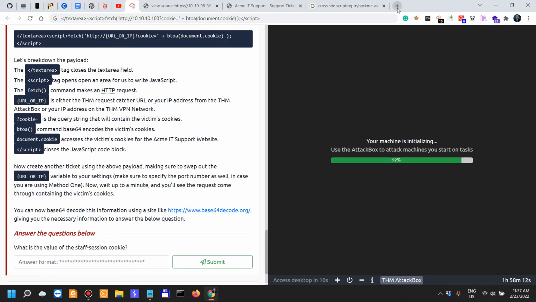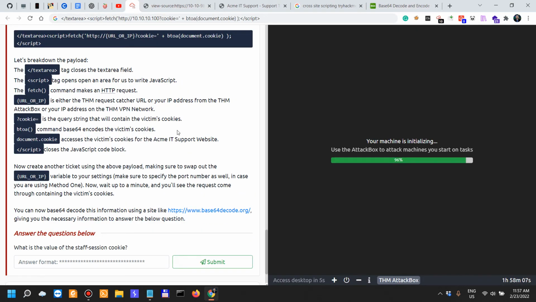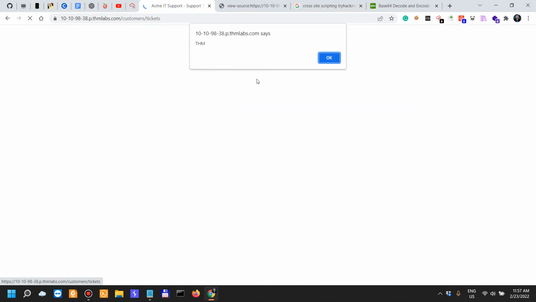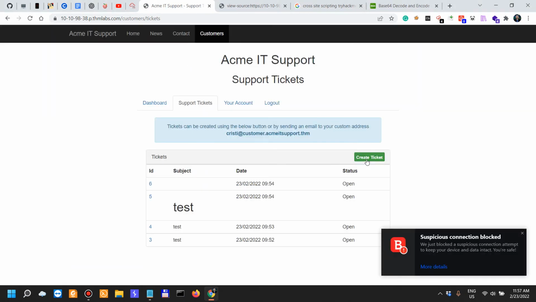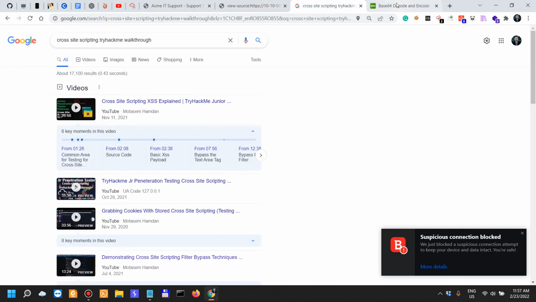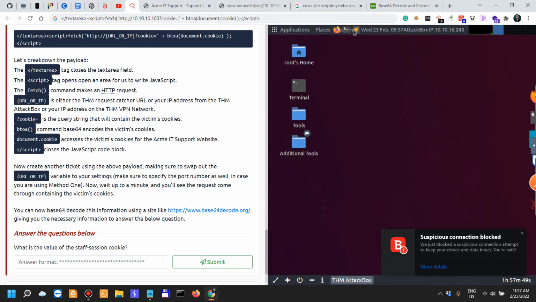We also need to go to Base64 encode decode to actually encode the payload. We need to create another ticket using that specific payload. So we're saying create a ticket. Alright, let's see. The attack box has been started. We need to go to